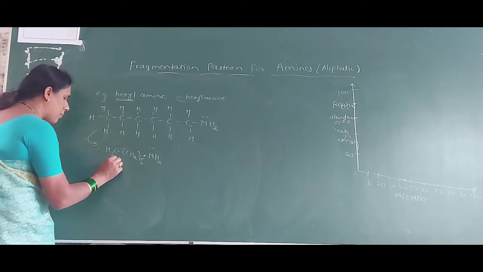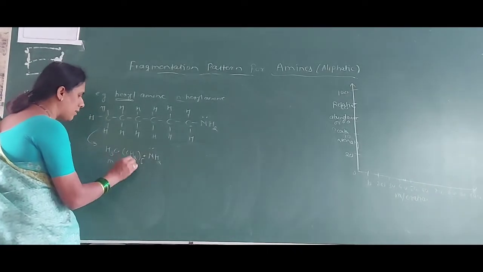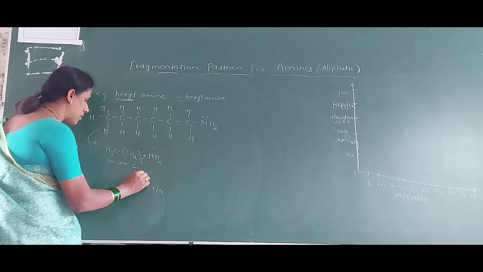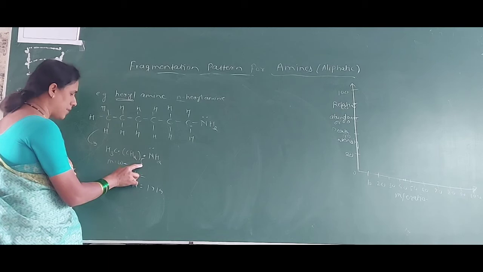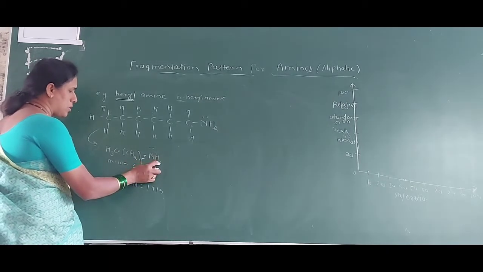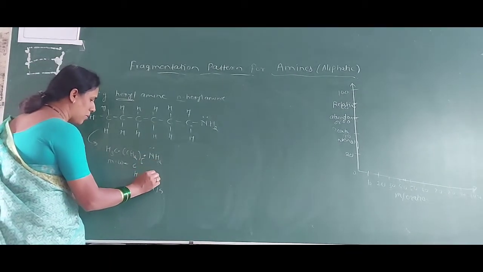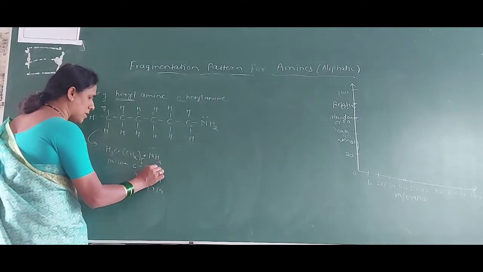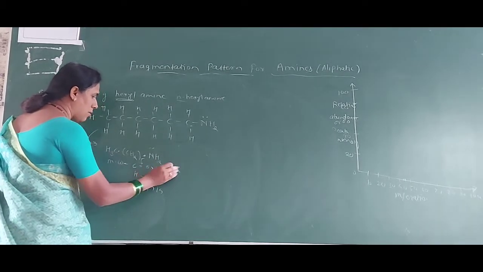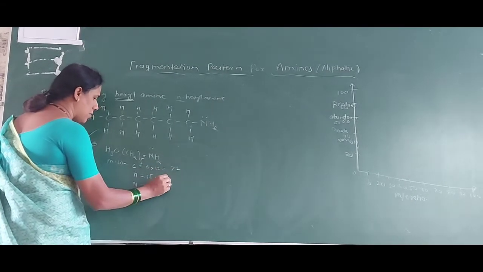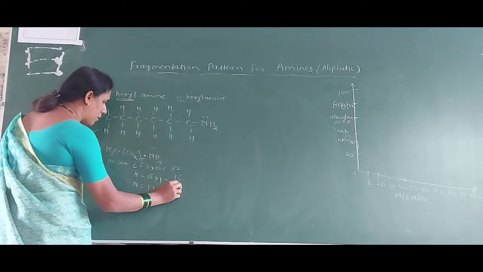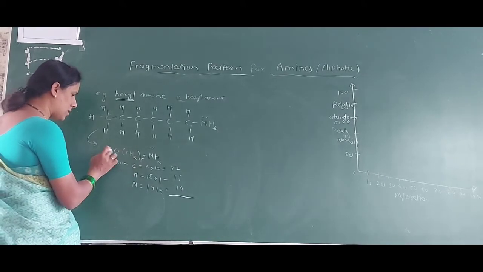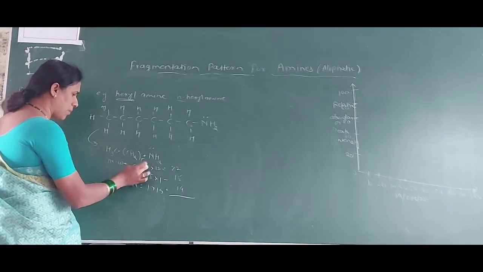What is the molecular weight? One by one, you can see how many carbon atoms, how many hydrogen atoms, how many nitrogen atoms. Nitrogen is equal to 1. Hydrogen, just count: 10 plus 3, 3 plus 2, 10, 13, 15. How many carbon atoms? This is 5 and this is 1, that is equal to 6. Now get the total as 12 into 6, 72, 15 into 1, 15, and 14 into 1, 14. Anybody remaining here? No. C6H15N.